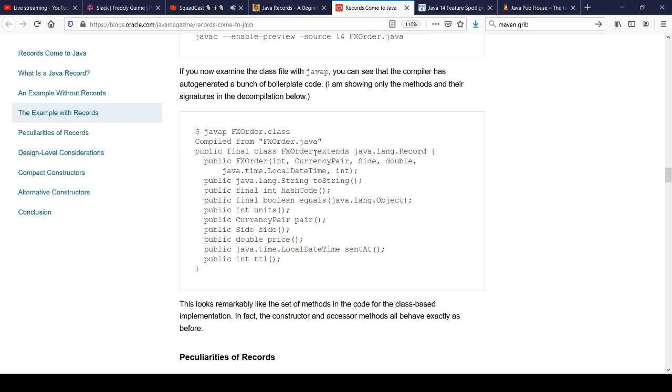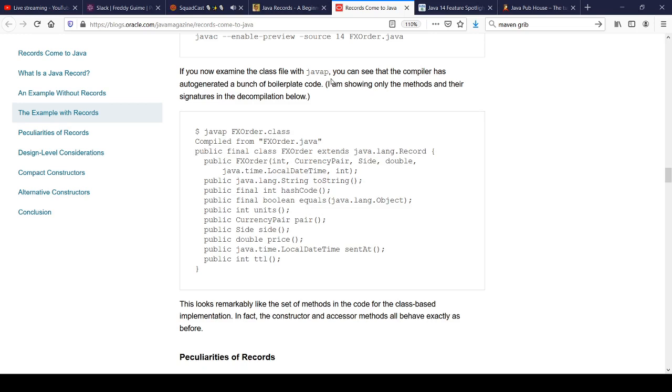In order to get this functionality working, Java 14 only has this as a preview feature, so it's not something that you get turned on by default. That's probably another really important thing, because everything else we've covered on the show has been something that's been in the JDK and you could use and was ready to go. This is just for playing around with. You're not going to probably ship production code with this yet.